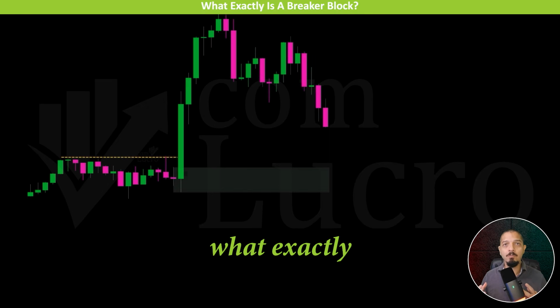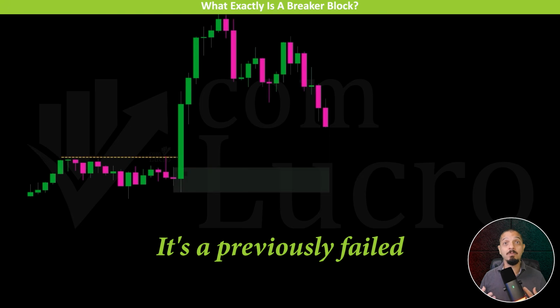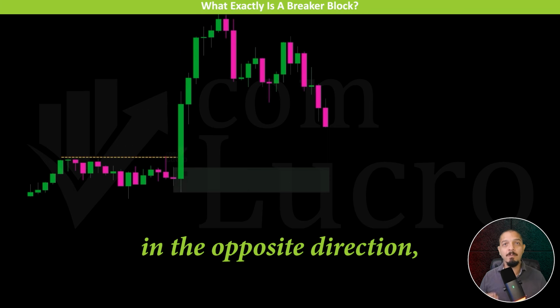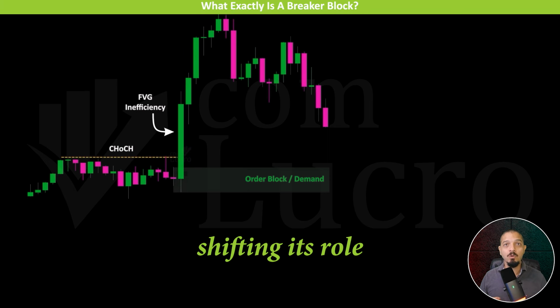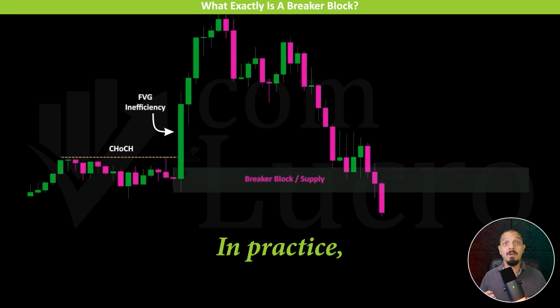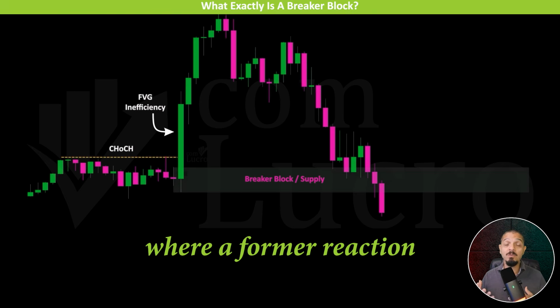So, traders, what exactly is a breaker block? A breaker block is a trading concept built around a simple idea. It's a previously failed order block that transforms into a key supply or demand zone on the price chart. This happens when an order block is broken in the opposite direction, shifting its role from supply to demand or from demand to supply. In practice, a breaker block represents a structural role flip, where a former reaction zone becomes